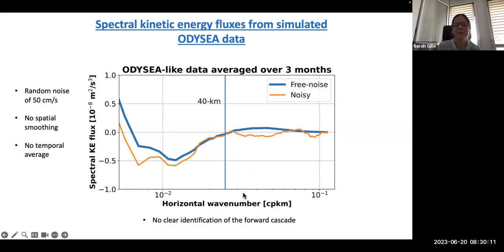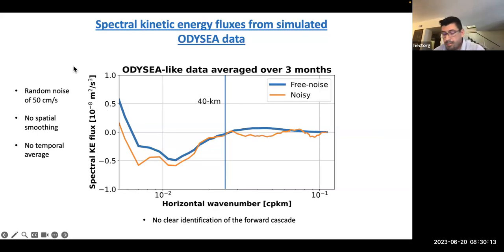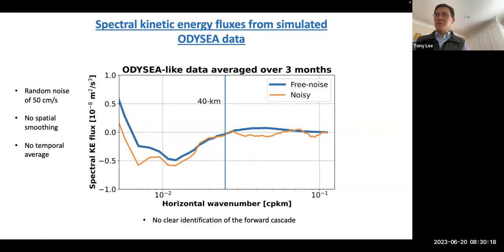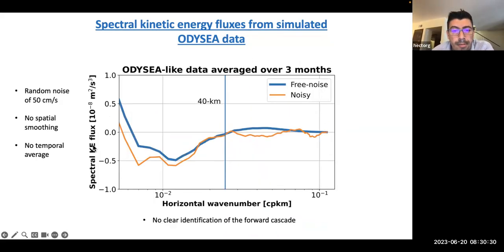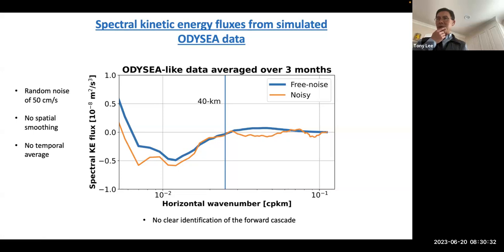Tony has his hand up. Thank you very much, Hector. So in this plot here, if you use 3 days and 10 kilometer smoothing, the orange and blue curve will be much closer, right? So now if you go back to the previous slides, I wonder if you not to do 3-day averaging, that kind of kills some of the